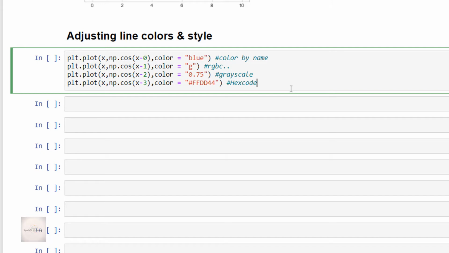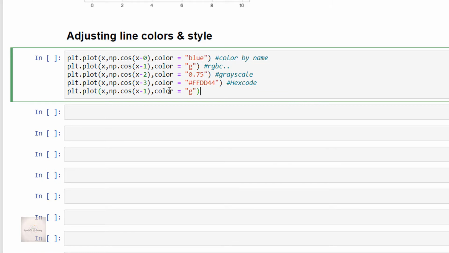Understood? Yes. Next, I'll be writing plt.plot of x comma np.cos of x minus 4 comma 1.0, 0.2 and 0.3. Here I'm specifying the colors by passing the respective values of RGB in the form of tuples, which will be between 0 and 1.